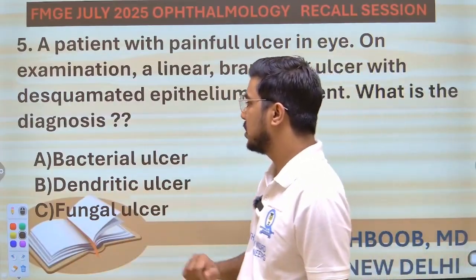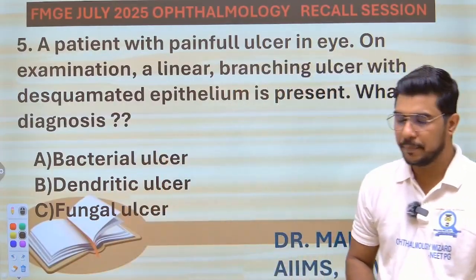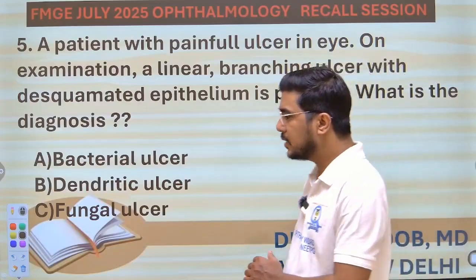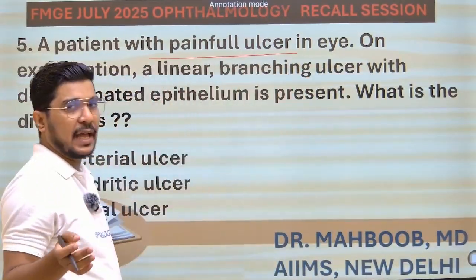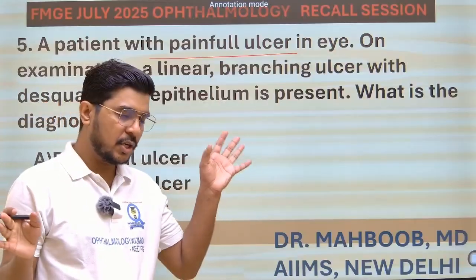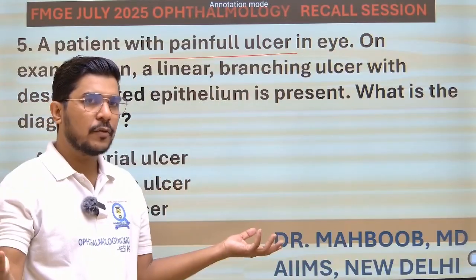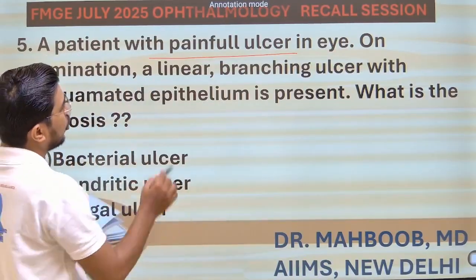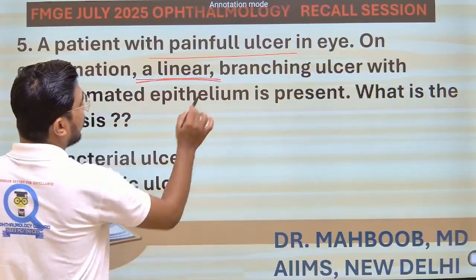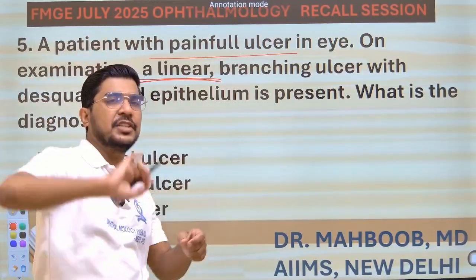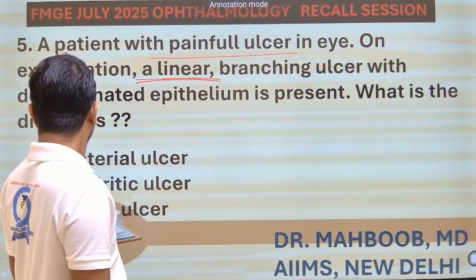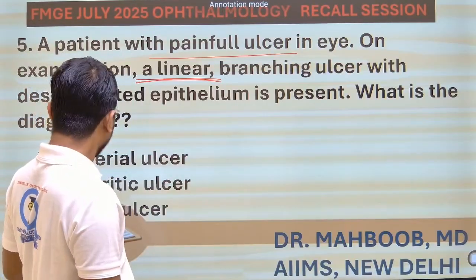What is the diagnosis? Bacterial, dendritic, or fungal? Basically, they have asked you about this painful ulcer. Maybe I may be wrong with this recall, because there is a lot of confusion. One of the students told me there is a linear branching. So with this help, I can tell you that the linear branching, what you see here, you will see only in a case of